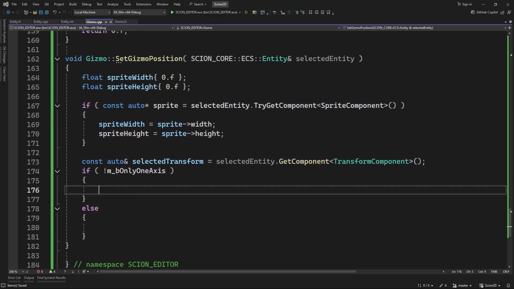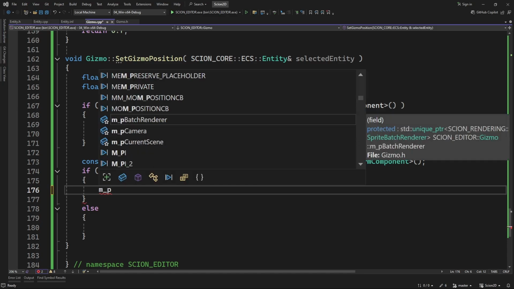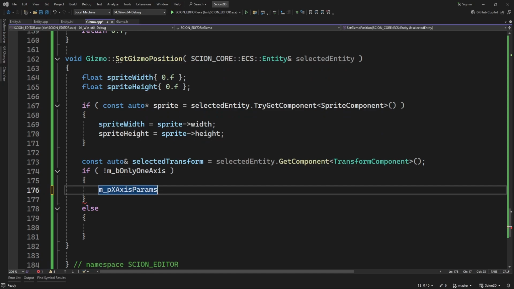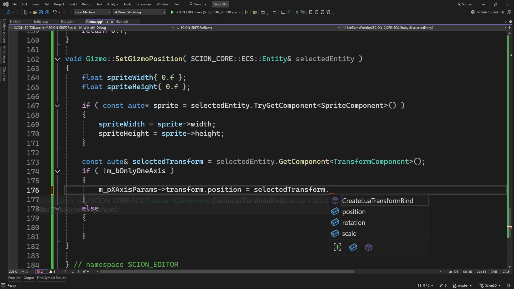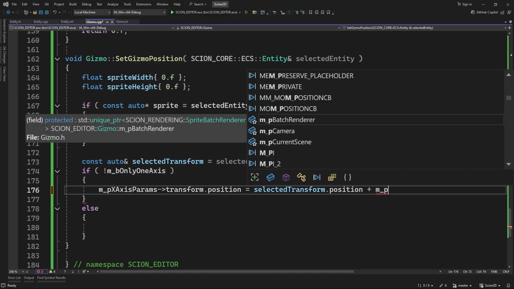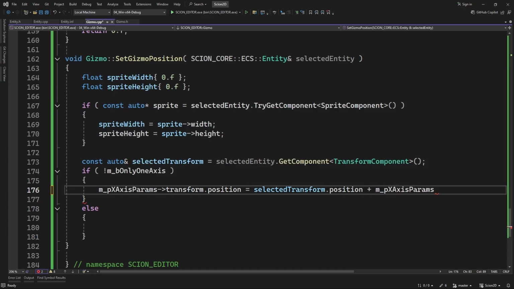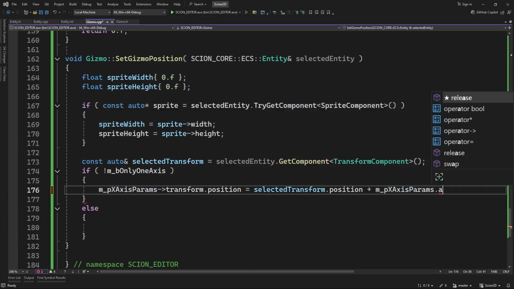Okay. Now this is where we set the actual position of the axes for our params. So we're going to want to go MP x-axis params transform position. Now we should probably be checking to see if these are valid as well, but I'm going to leave it for now. That's equal to the selected transform dot position, not rotation, dot position, plus any offset that we wanted. So M axis params dot axis offset